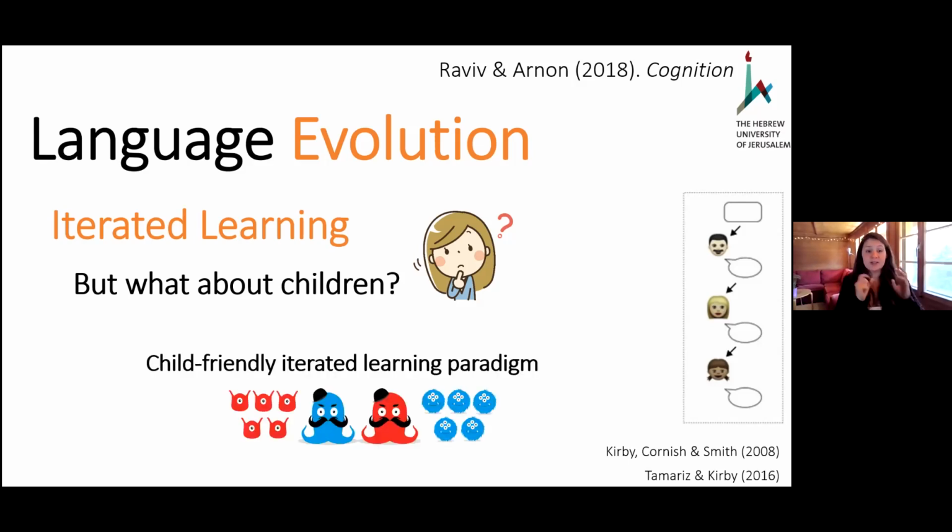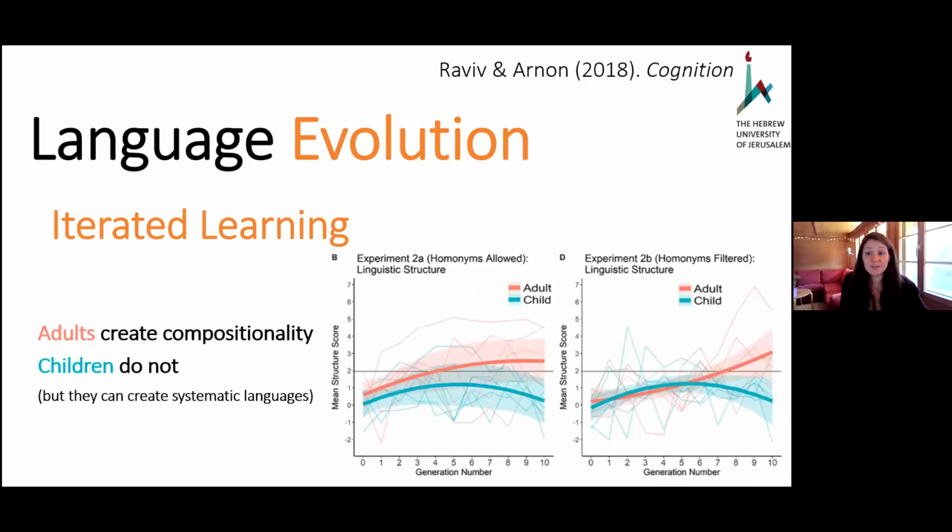So to do this, to test the role of child learners in the evolution of language, we designed this child-friendly iterated learning experiment and compared 140 children to the performance of 100 adults in 2 different conditions, basically mimicking the original study by Simon Kirby, and I'm trying to replicate that with kids. And the results are pretty interesting. You can see the time on the x-axis, the generation number, and basically the structure, how much grammar emerged in the language on the y-axis, and this black line is chance. So, well, not chance, but everything above this line is considered grammatical structure.